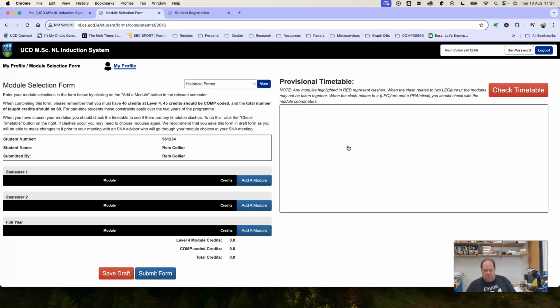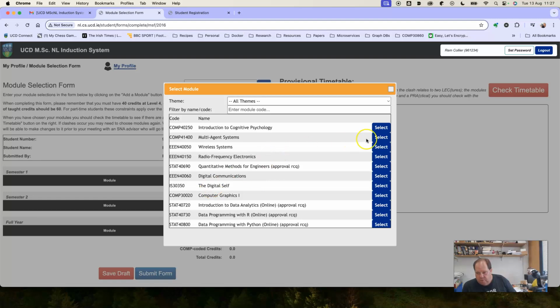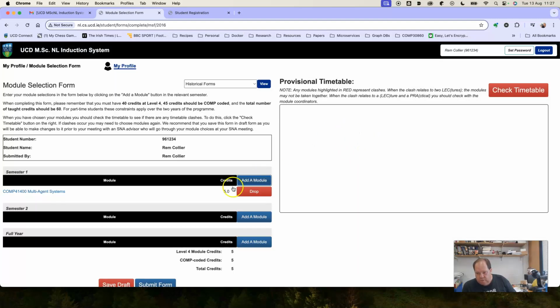This is the module selection form, and you can change this form. You don't have to have one form. The idea is you say, what do you want to do? You click on a module for semester 1, and you choose a module. I'll choose one of my modules, multi-agent systems. Then I can come over here and check the timetable,